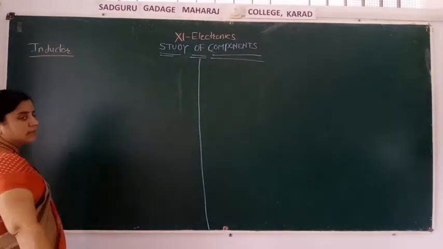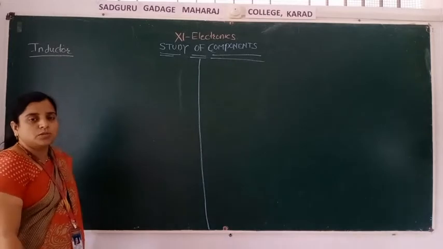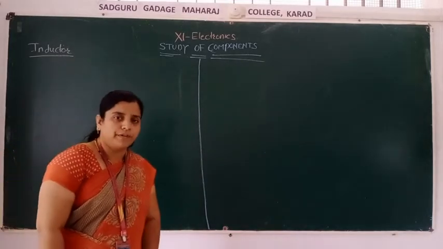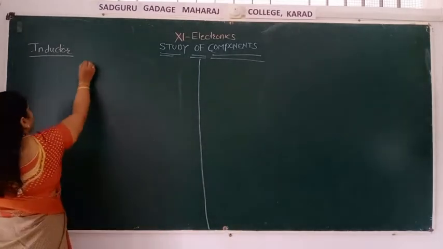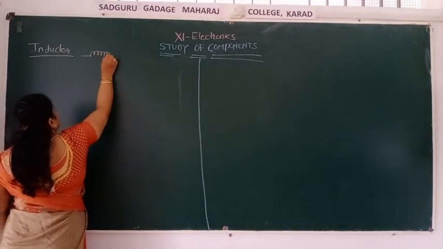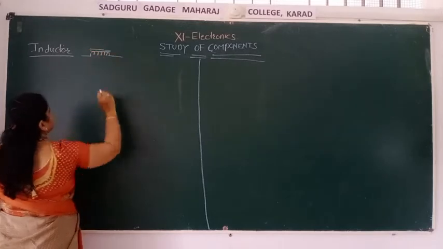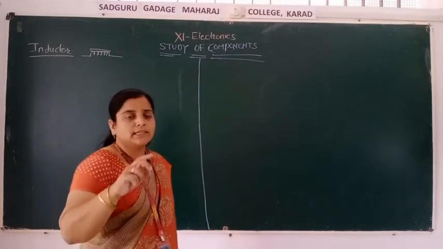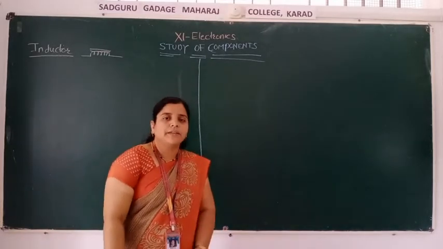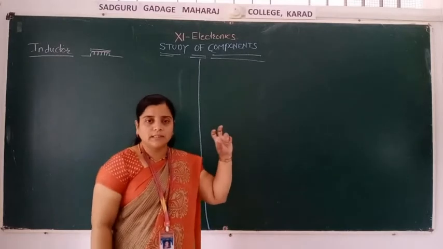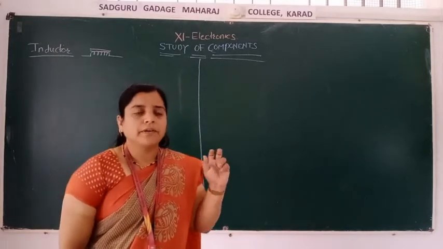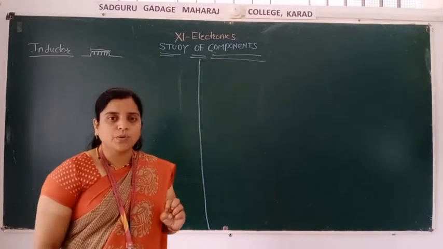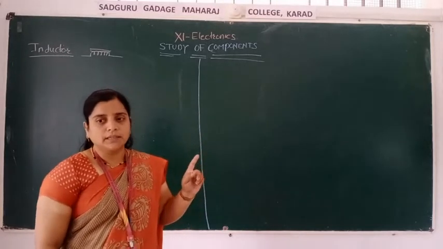What is an inductor, why an inductor is used, what is the symbol of the inductor, and what is its SI unit. The symbol of the inductor is like this. An inductor is used to induce voltage whenever there is a variation in the current. Variation in current means what? Whenever there is a change in current, where the current or voltage is not constant, at that time it induces voltage, and that is called the inductor.